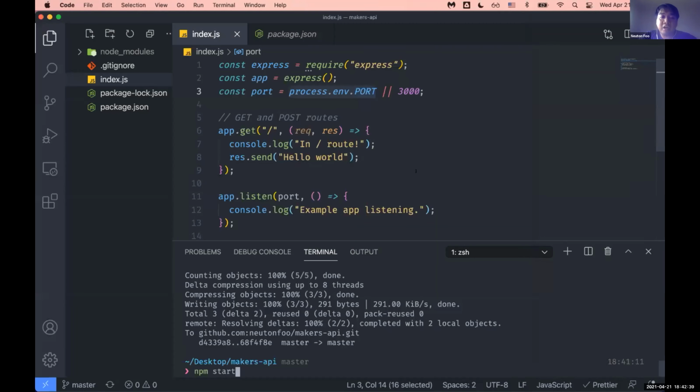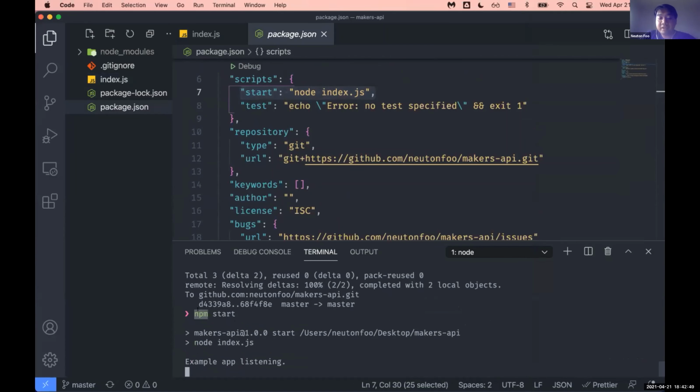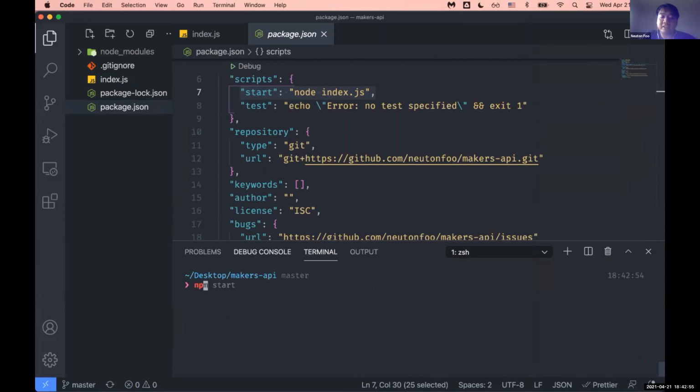So basically, let me just quickly go over. Do you need to do that if you use some other web server? You typically do want to have a start script, because by convention, people will start your app by just typing in npm start. You can also specify it in your README, but npm start is the conventional way to start a node project. If you use another web server,